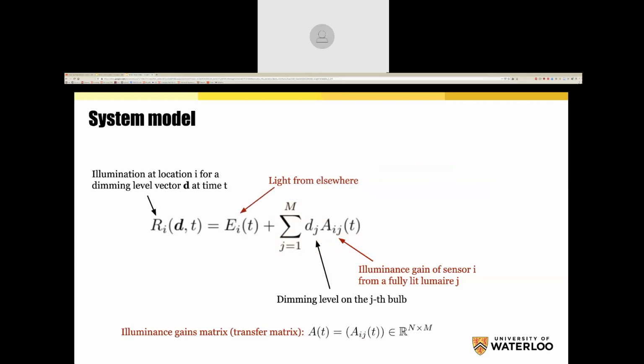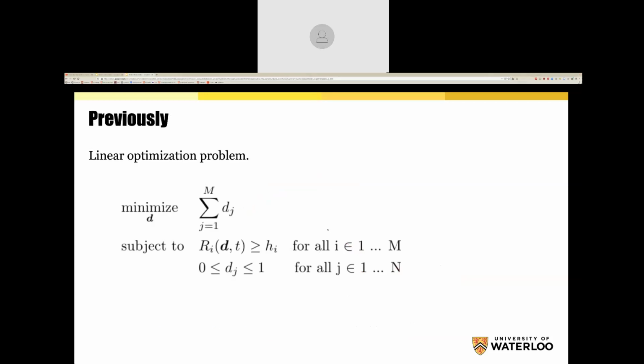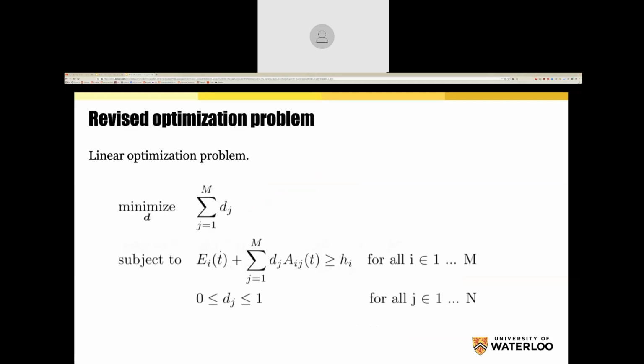So that's what this equation means over here. And so now the optimization problem, we're going to change it again. We had to replace this with DJ. Now we're going to substitute for R sub I, and we make it EI, the external light at the ith desktop, plus this value over here, DJ AIJ. And then everything else remains the same.